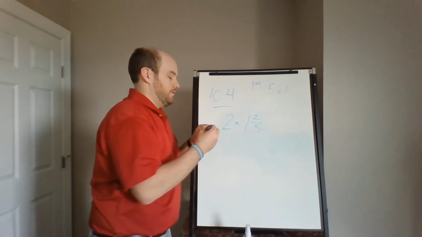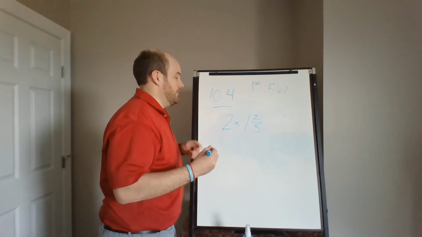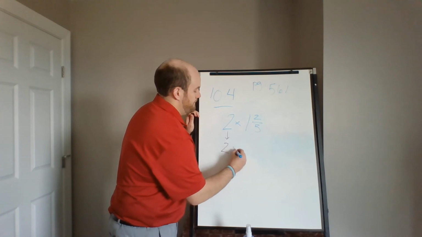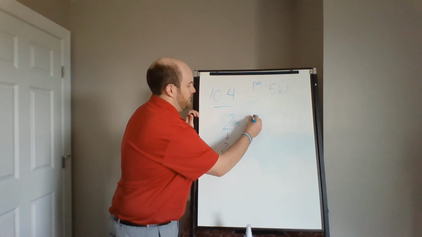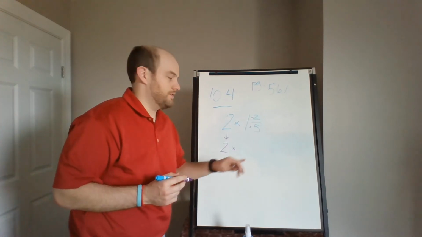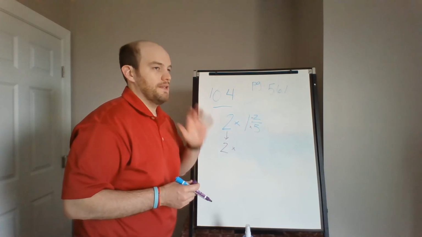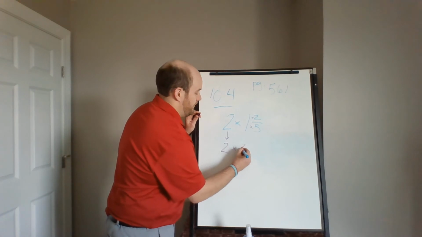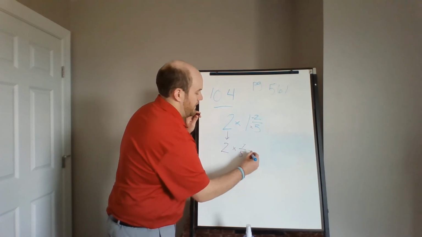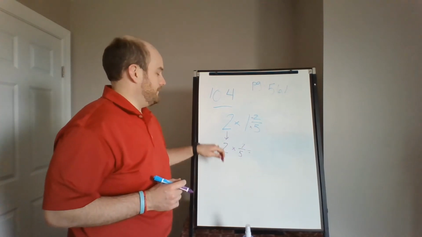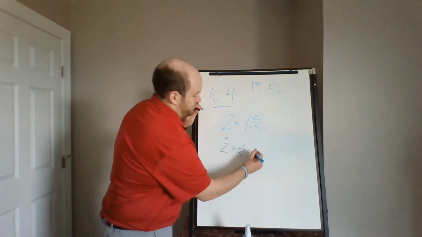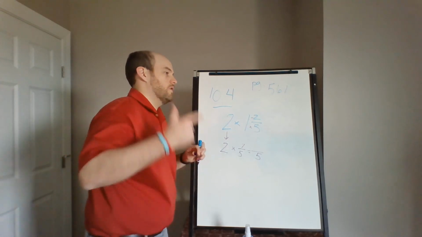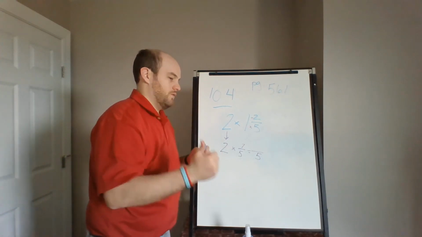2 times 1 2/5. So how am I going to solve this one? I'm going to do it the other way. The 2 stays the same. I'm going to convert this back into an improper fraction. 5 times 1 equals 5, plus 2 is 7. My 5 stays the same, remember. Our denominator stays the same. 2 times 7, 2, 4, 6, 8, 10, 12,